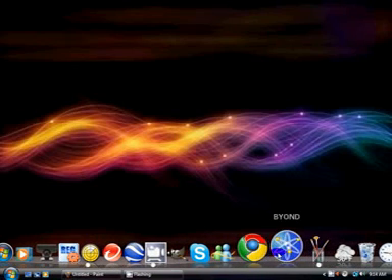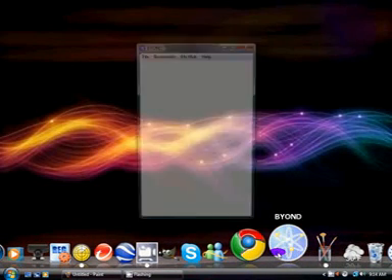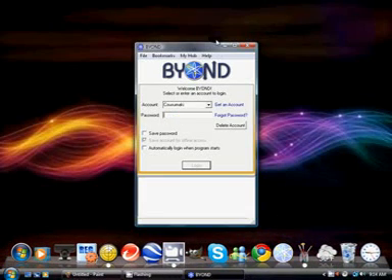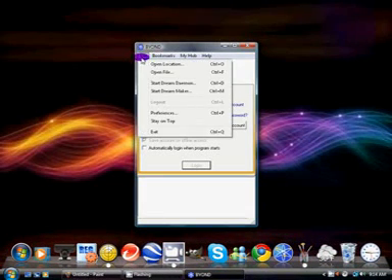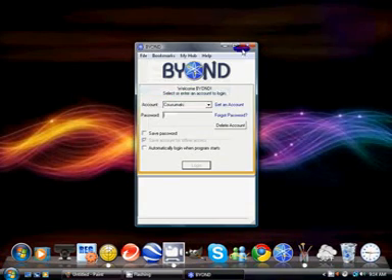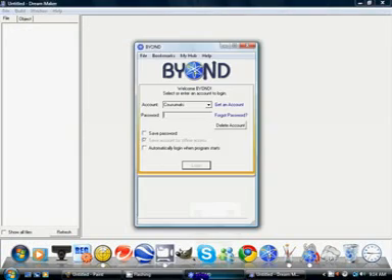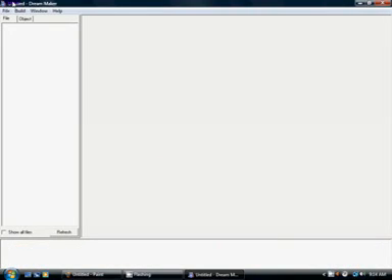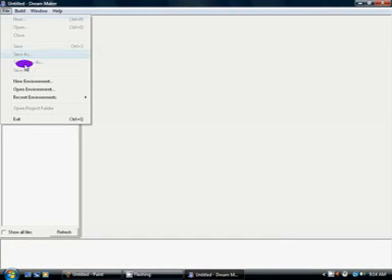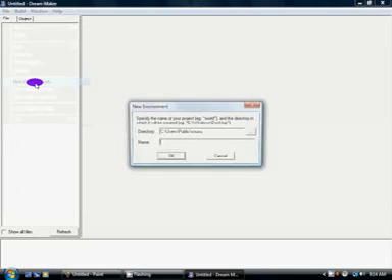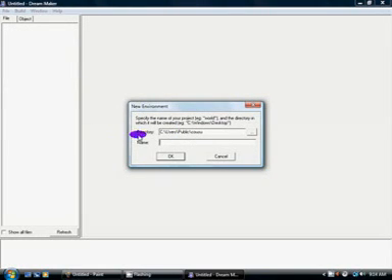So first of all, we're just gonna open our Beyond on our desktop. You don't even have to put the password or anything. Just go to File, and you go to Start Dream Maker. Then we're just gonna hide this. Okay, go to File, then go to New Environment. After you have that, you're gonna have to choose a name for your environment. For this, I'm just gonna put YouTube